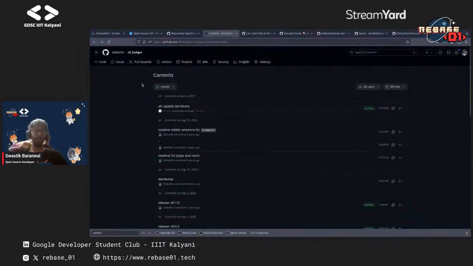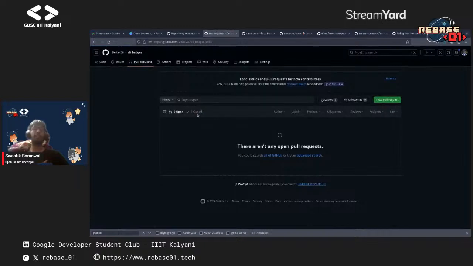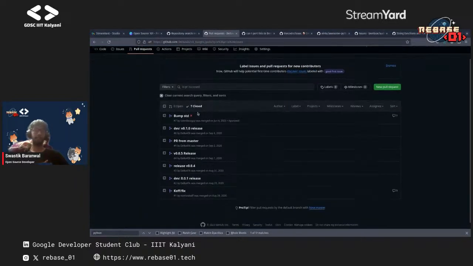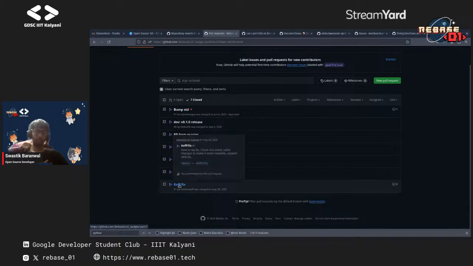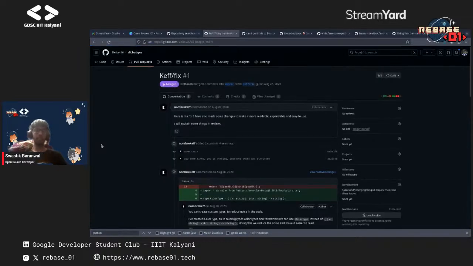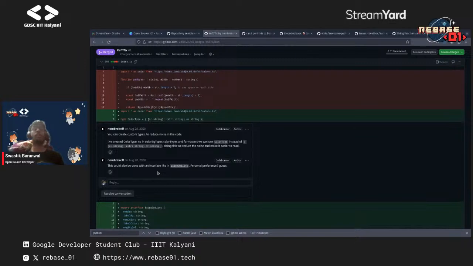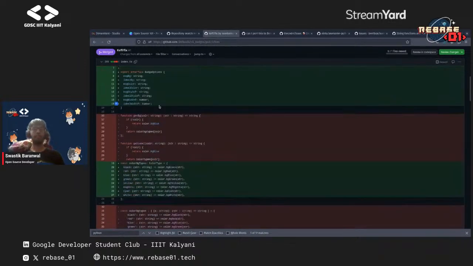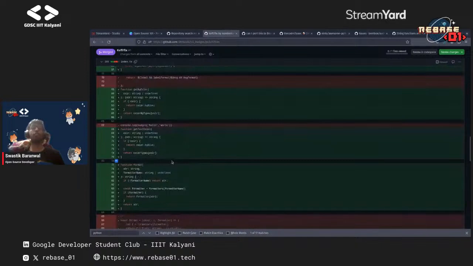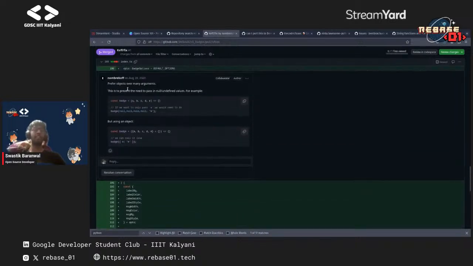Then the original author did a PR to improve the project and refactor many of the things which you can see. He also gave me suggestions on how I can improve this further. As you can see, he refactored a lot of my code and taught me how TypeScript and JavaScript have things in common and how different they can be. Like this, I was able to learn a lot of things about JavaScript and TypeScript and how I can write better TypeScript and JavaScript code.